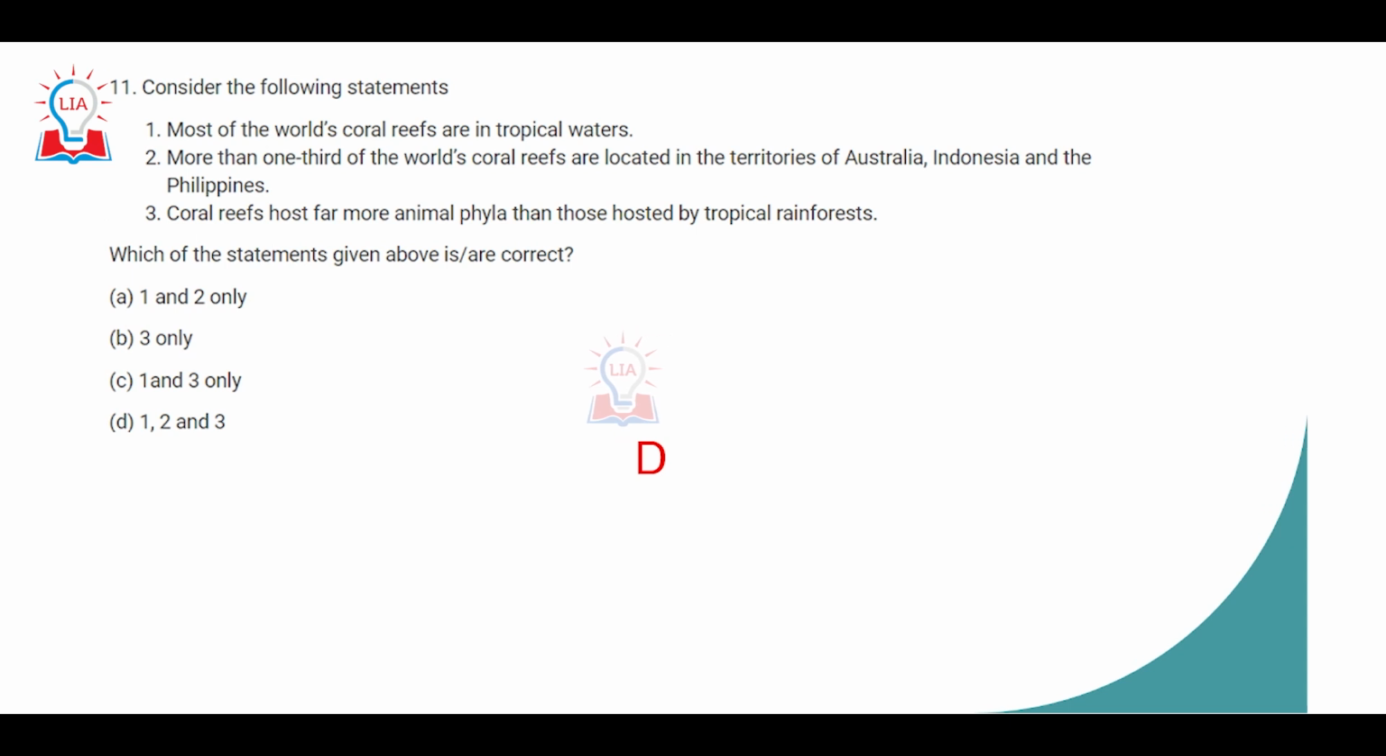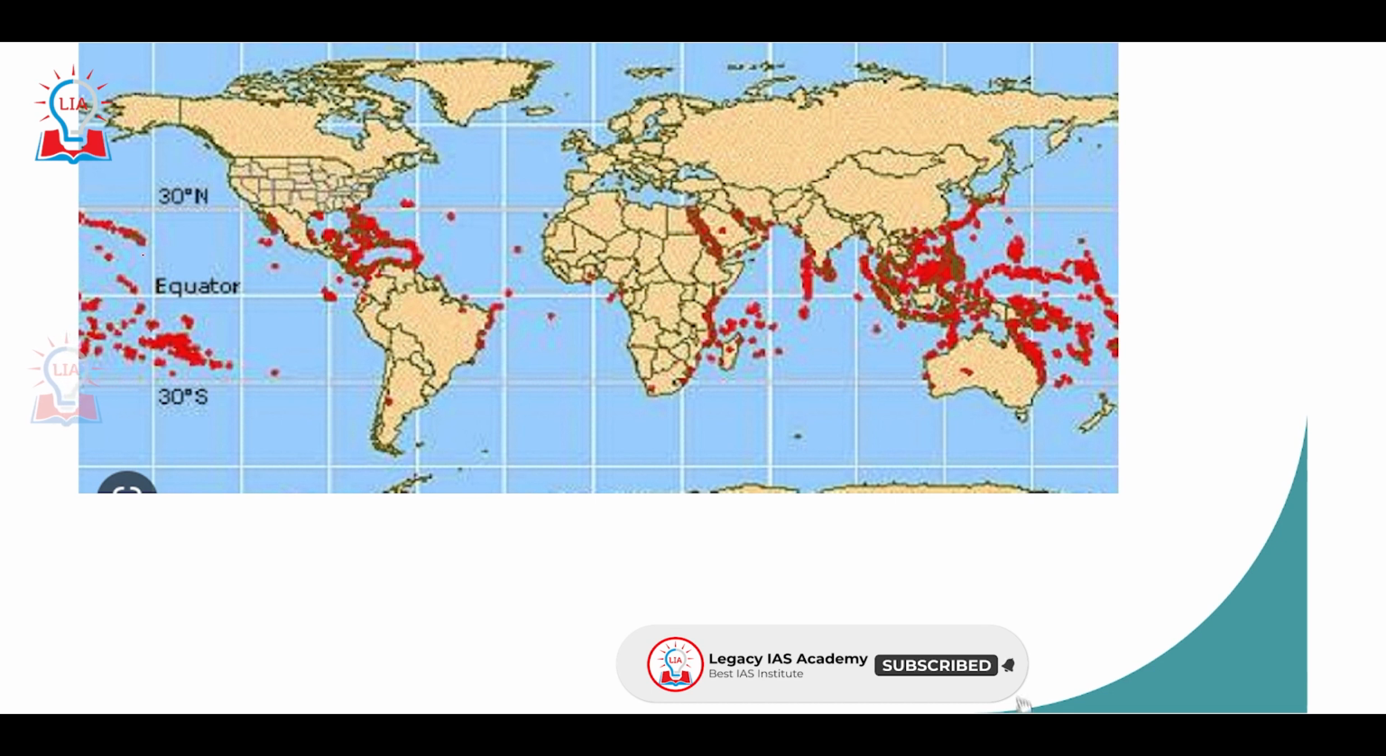The 11th question is related to coral reefs. Again, a very interesting topic that keeps coming up in current affairs because of their role in oceanic biodiversity. So the first statement is that most of the world's coral reefs are in tropical water. This is absolutely correct, because if you look at the map of the world showing the distribution of coral reefs, where the red areas represent the major coral reefs, we can see that from 30 degrees south to 30 degrees north, more than 90% of the coral reefs are